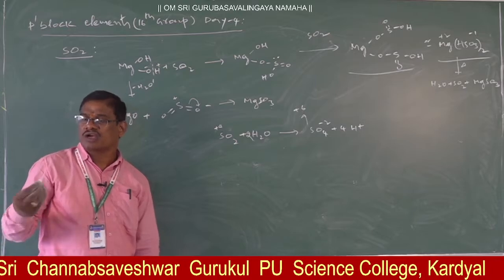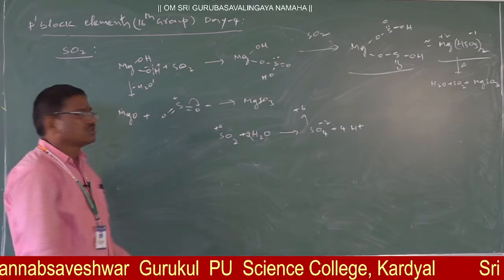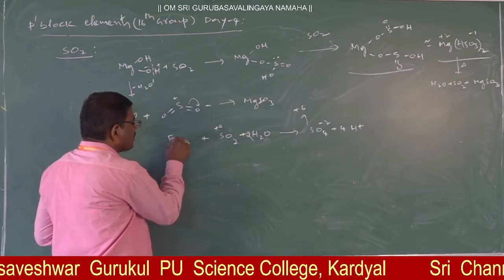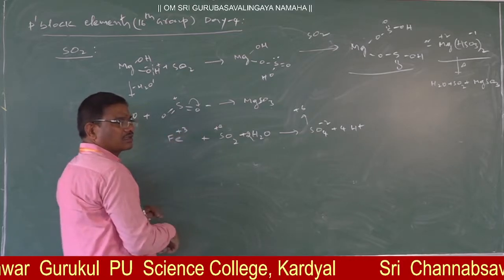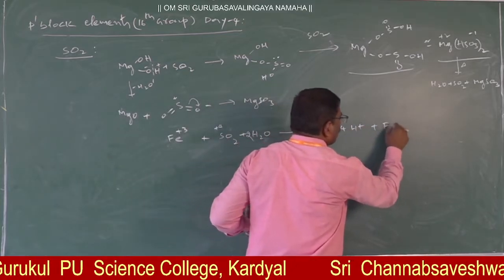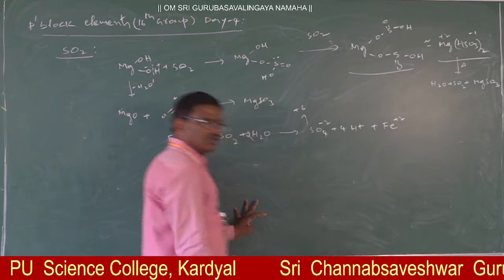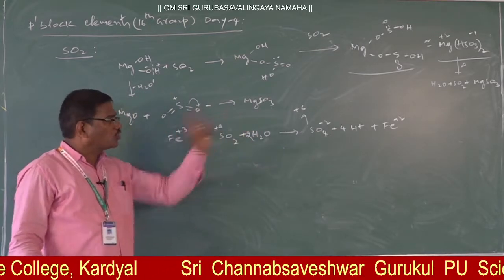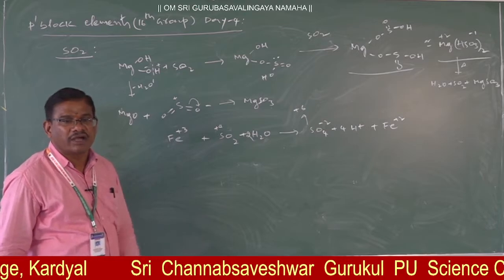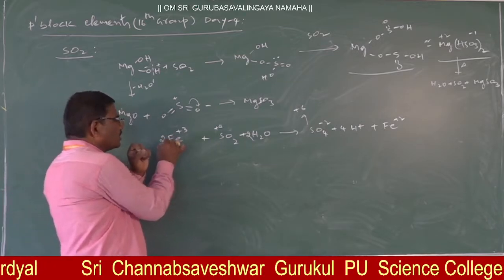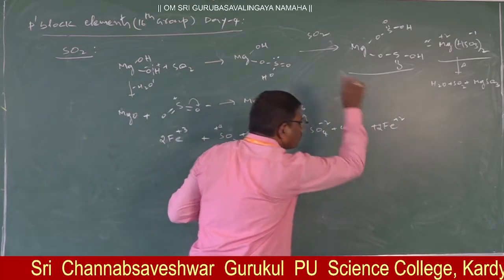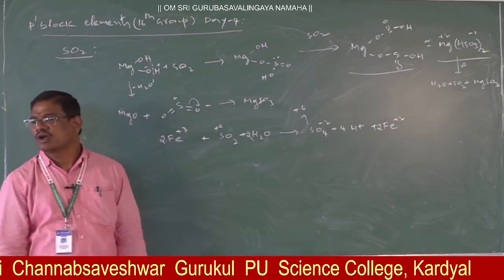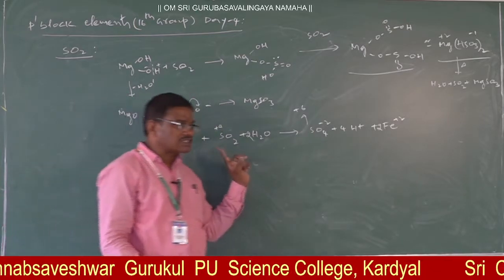Those removed electrons should be added to someone. Suppose a higher oxidation number ferric ion is there. That ferric ion gets converted into ferrous ion. How many electrons are removed here? 2 electrons. Ferric to ferrous, how many electrons are required? Only 1. Therefore you have to multiply it with 2. Here you have to multiply with 2. Followed on? So nothing but the concept here is what?